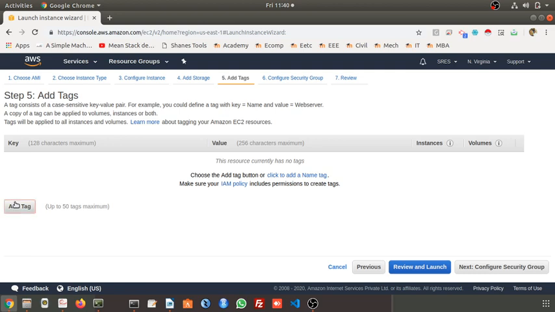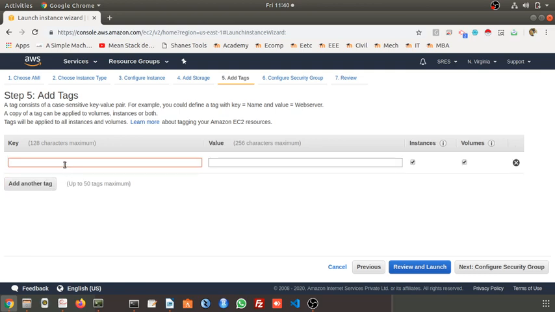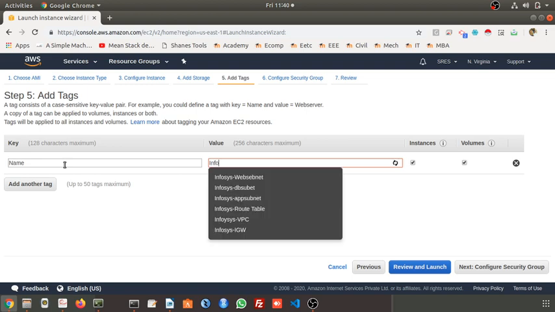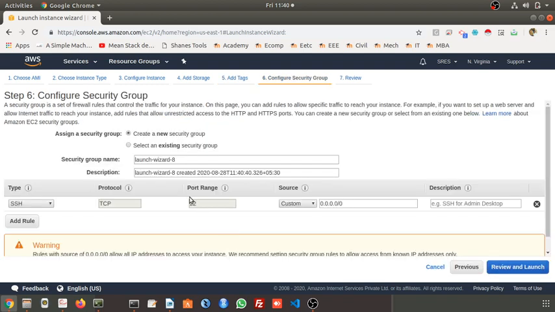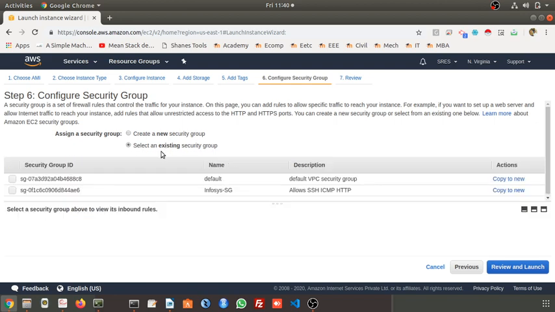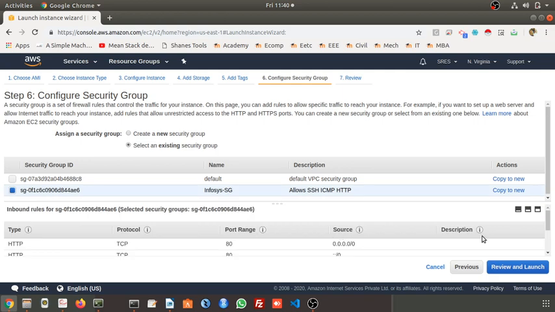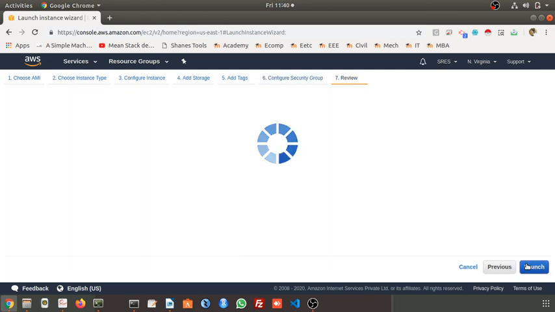Add some tag here: Infosys web server. Next, select the security group. We have already created the security group in Infosys. I'll select this. Review and launch.